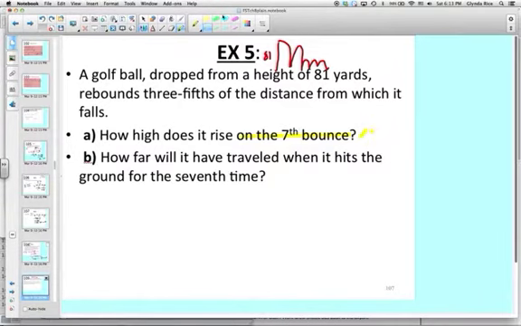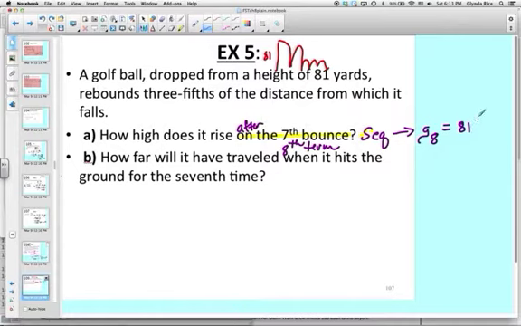So we're talking about a sequence. The first term on how high does it rise on the 7th bounce. We're going to consider this to be after. Remember, go back to the last one and notice that the 7th term comes before the 7th bounce, so you really need the 8th term. So we need G sub 8. What is that? That's the first term